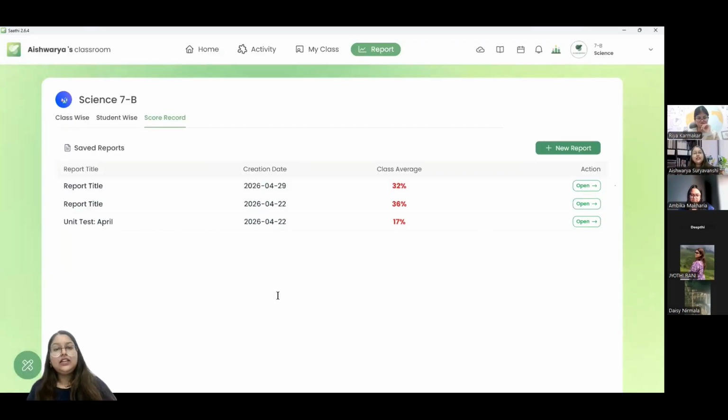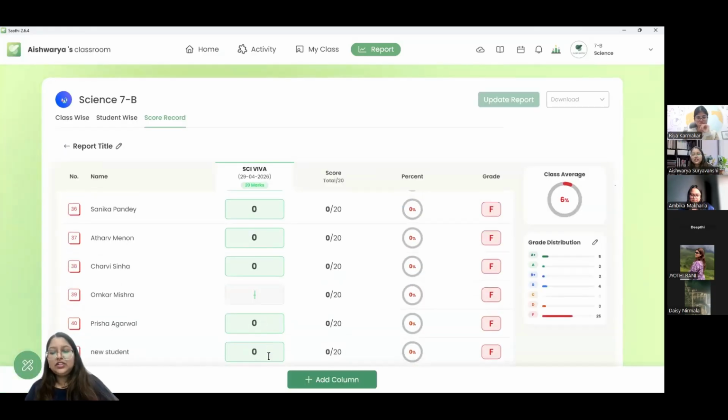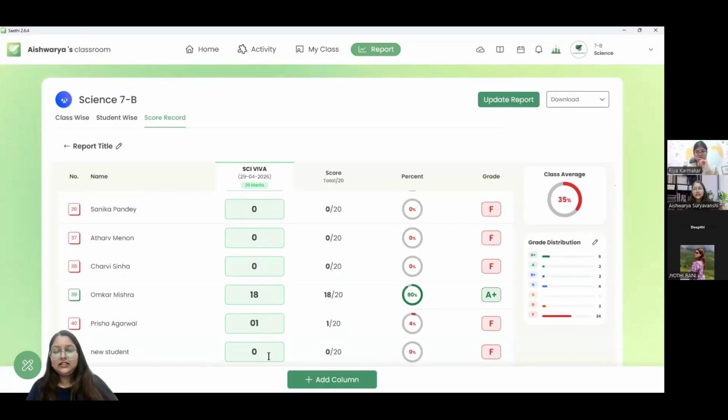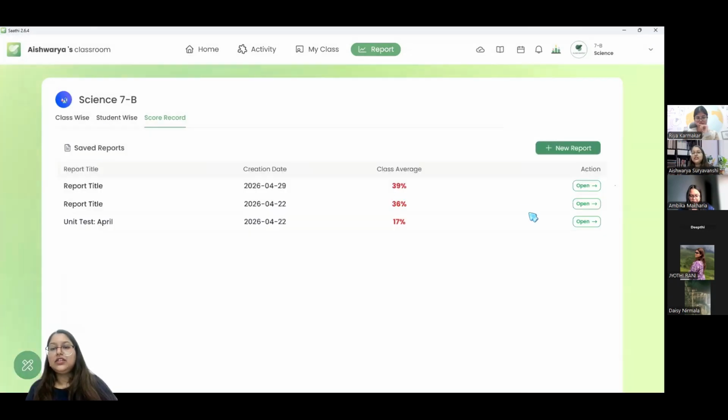Now, when the remaining sets of students are going to come in and I would like to update them, I can simply open the same report, and wherever I have put in 0, I can start editing the data for them. Right? And I can download this particular report. I can click on update and the data is going to get updated for it. So that's the report. You can simply click on this new report and add as many reports as you want. There is no limitation to it. You can open any report, edit it as per your requirement.